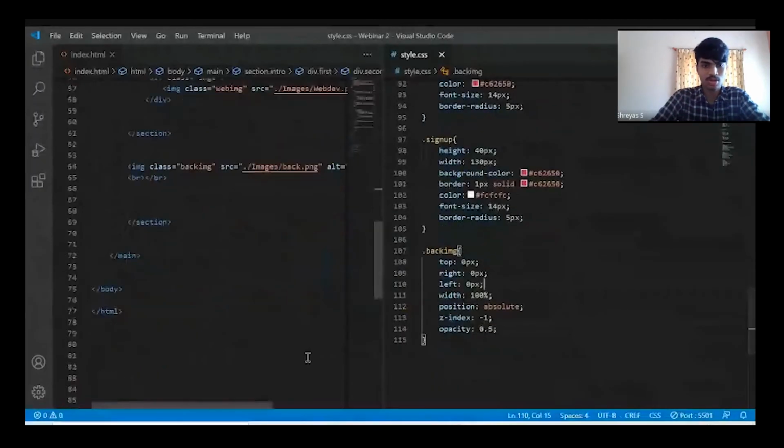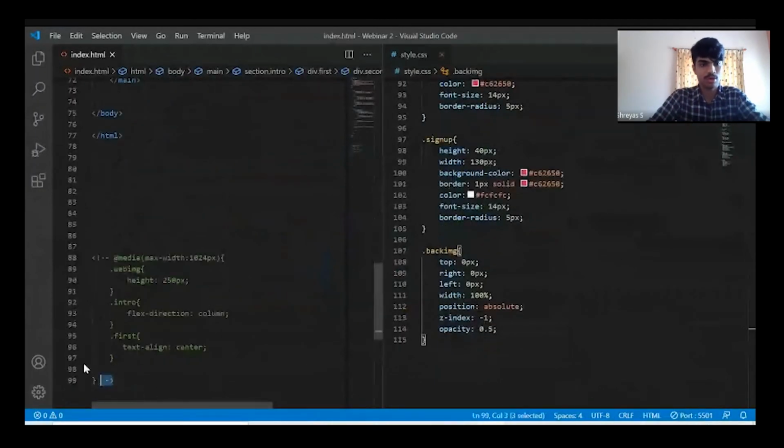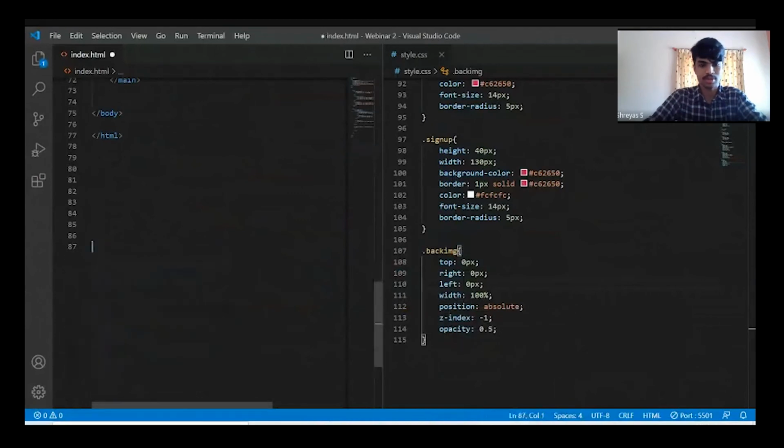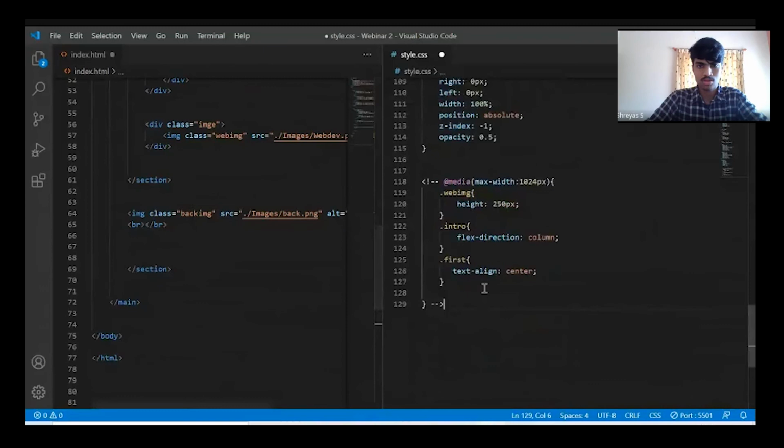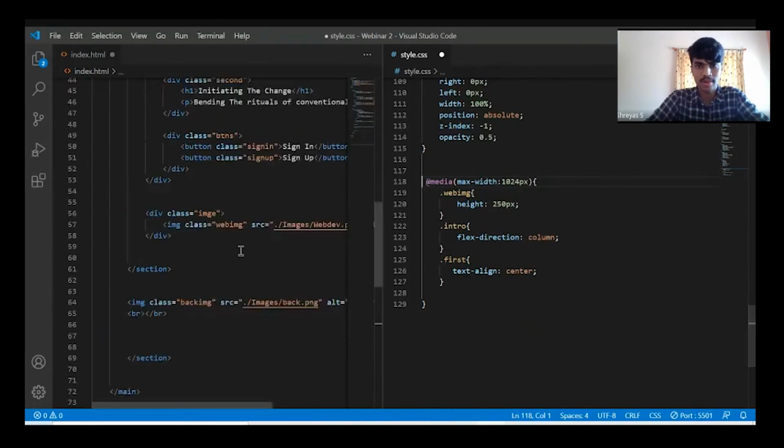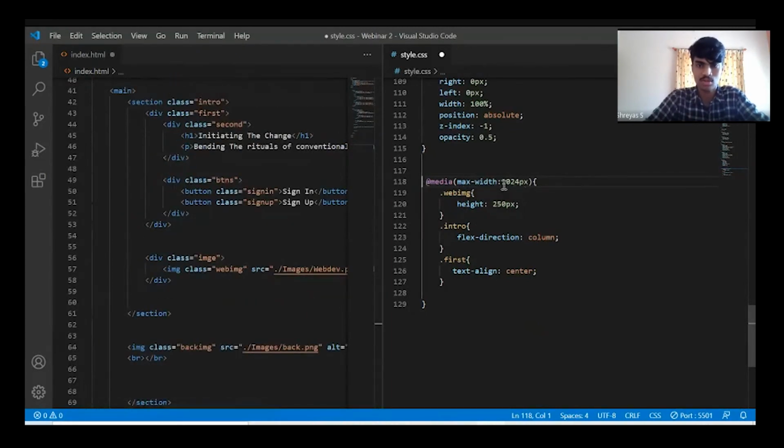One such property is called media. I have already written the code, so I'll just use the same. This is a media property, where we use media and we have to set a maximum width. I have set the maximum width to 1024 pixels.